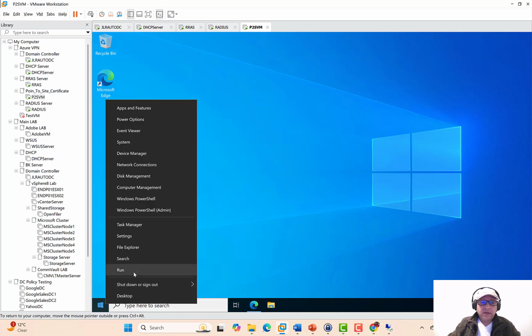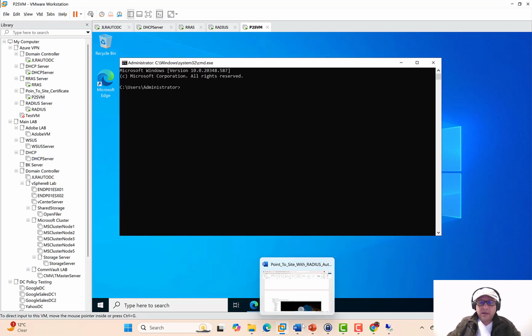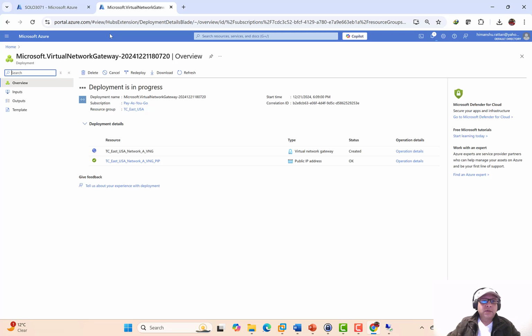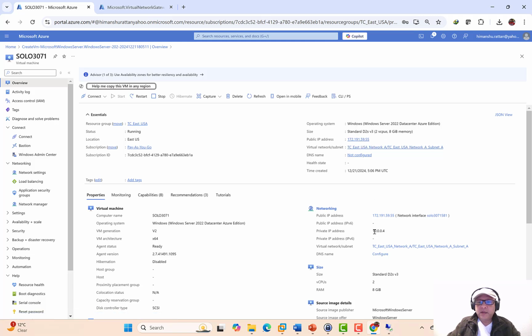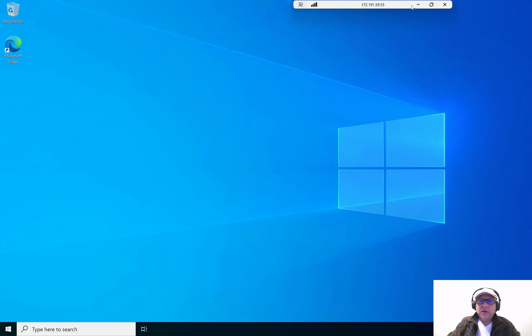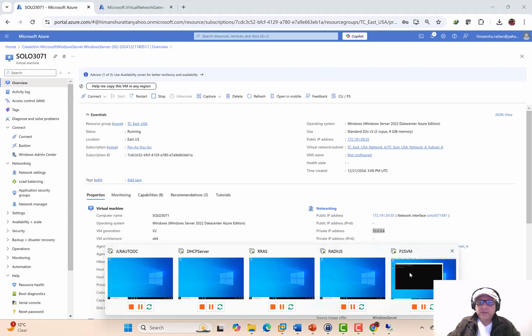Now let's open this command prompt, cmd, and if we go back to our Azure portal and go to the overview of this virtual machine, basically this virtual machine has one public IP address and one private IP address. From this public IP address, I can directly RDP and I am connected. But in actual, what I want to achieve here is with the help of VPN gateway, I want to access its private IP address. So if I copy this one and paste it over here in my on-prem VM,